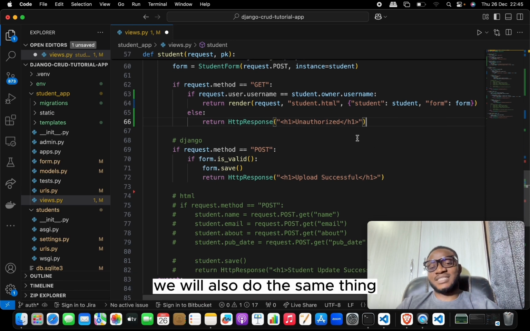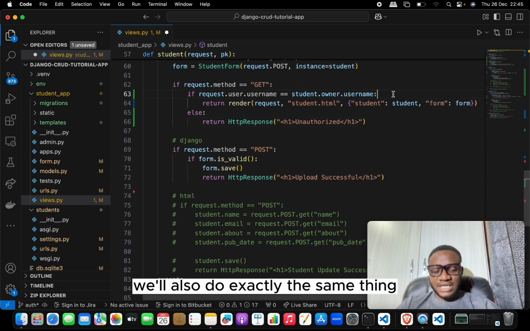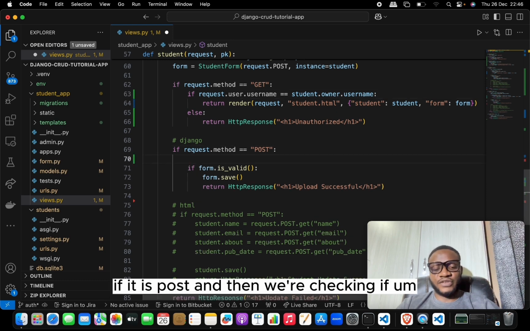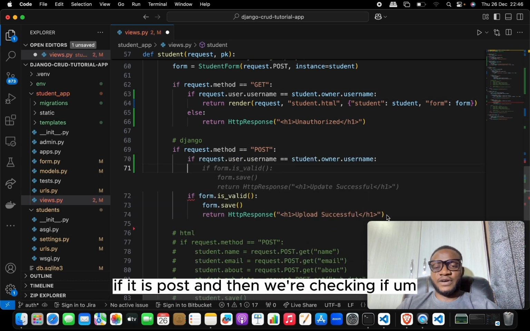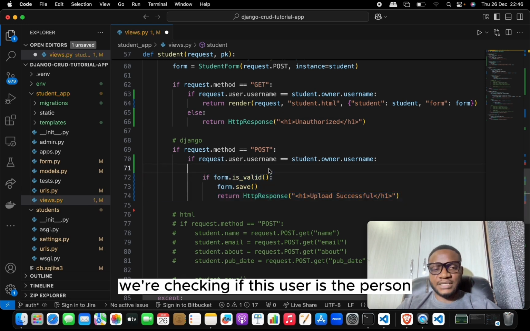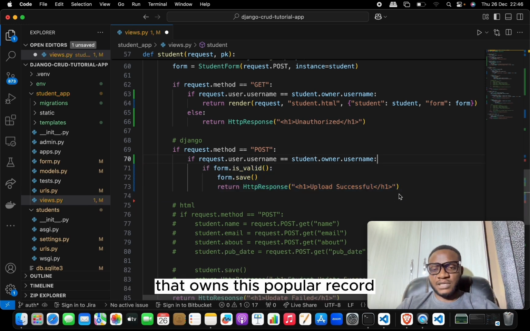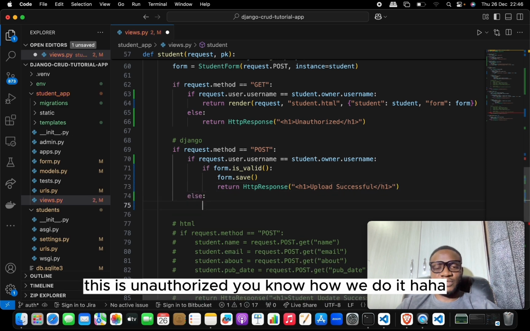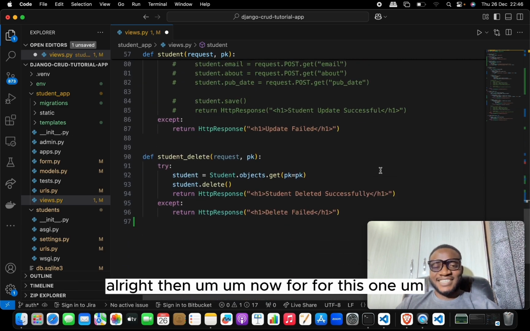We'll also do exactly the same thing when it comes to post. So the first thing we're checking is if it is post, and then we're checking if this user is the person that owns this particular record. Else we'll just tell them that hey, this is unauthorized. You know how we do it. All right, then